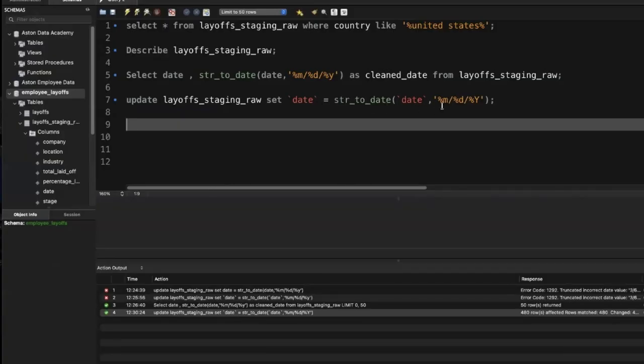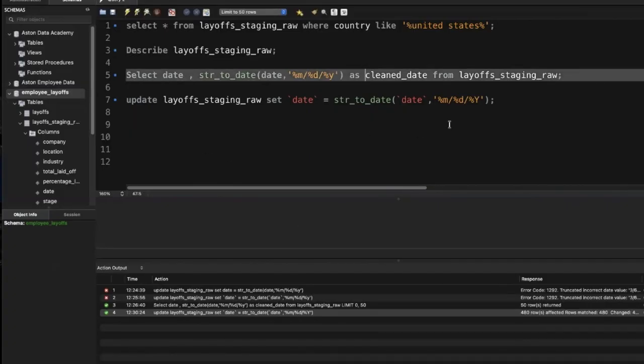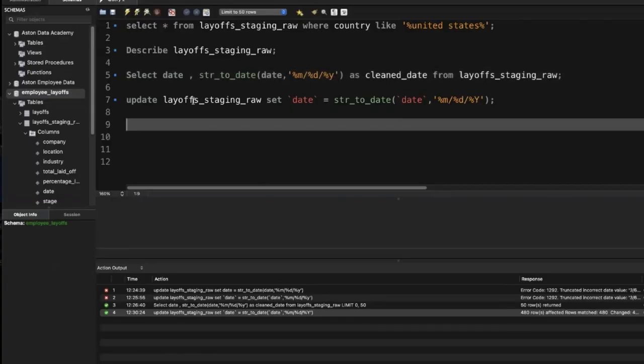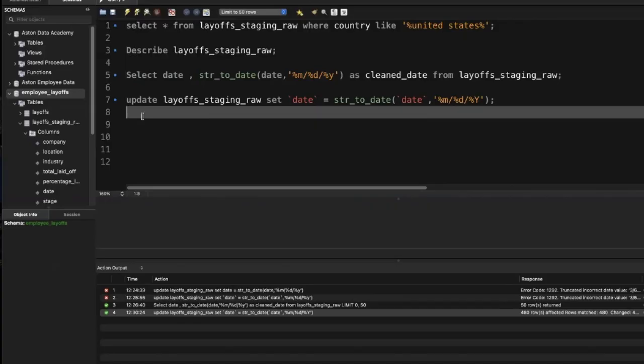But the format we're using here, as I was explaining, m and d means we're looking at the month and the day from a date format perspective. But lowercase y means it's expecting 2 digits, and our text input is in full, 2023. I think it's 4 digits. So we needed to change the lowercase y to the uppercase Y. And so if we run